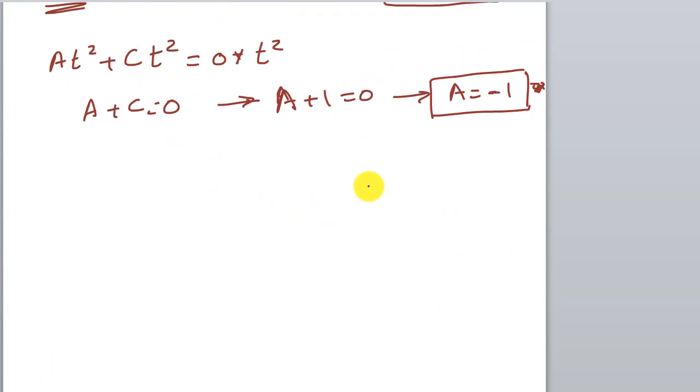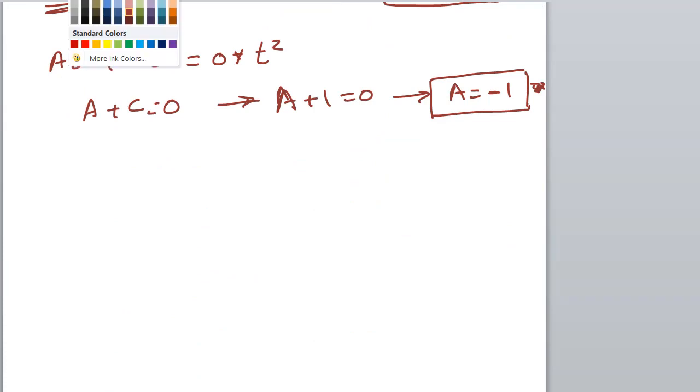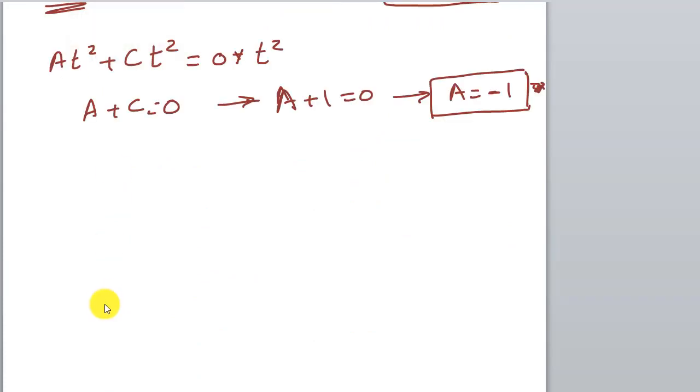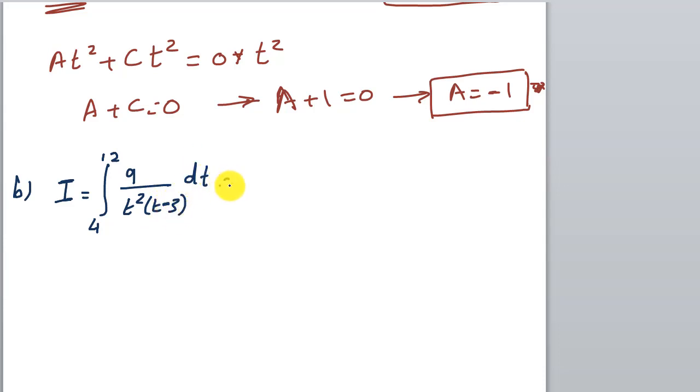So let us start to solve this part. We have the integration, so we have the values now. So I can write, this is part b. The integral from 4 to 12 of 9 divided by t squared (t - 3) dt is equal to the integral from 4 to 12 of